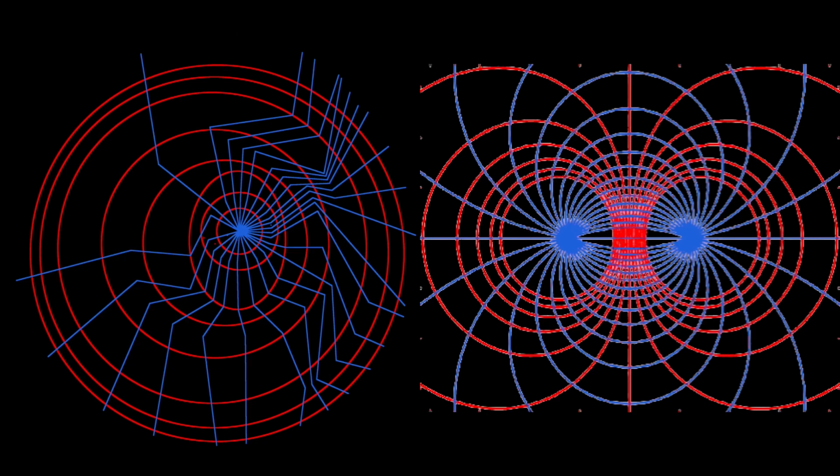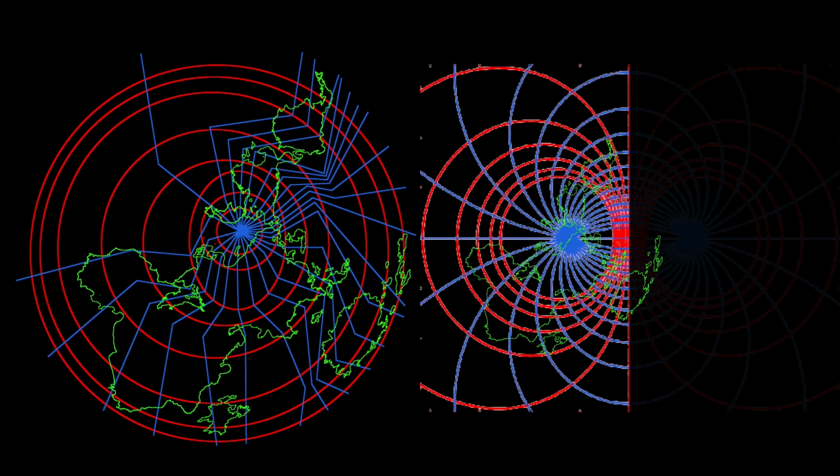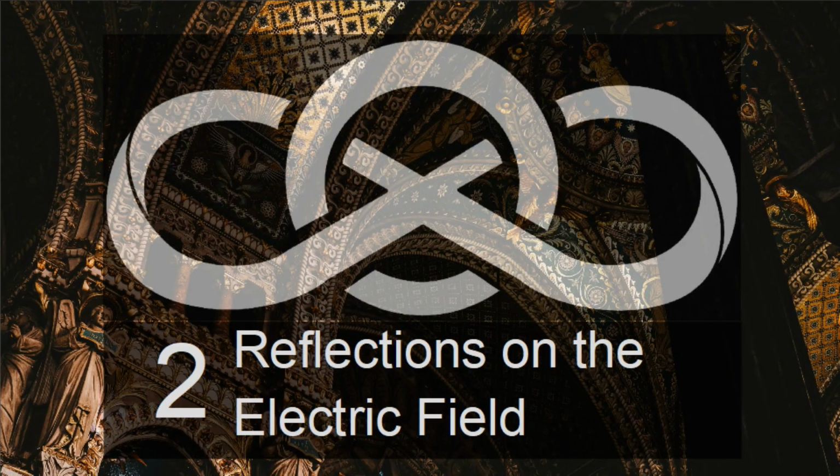The next episode will cover the magnetodielectric field as an electric circuit and deal with how and why a plasma projection of a geographic terrain through a magnetic field will bear distortions due to the presence of that magnetic field. Welcome to Selenetical Physics, Volume 2, Reflections on the Electric Field.